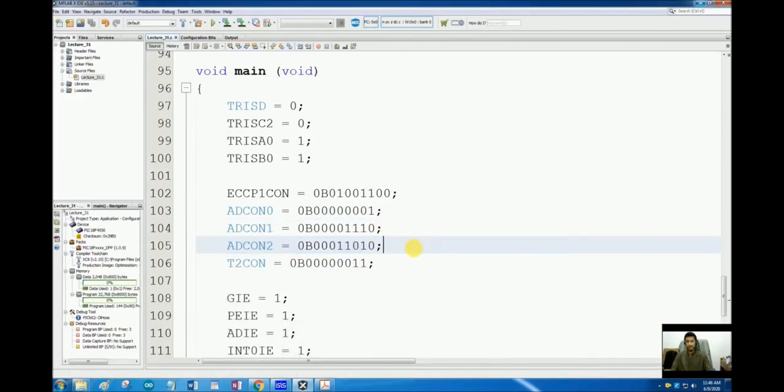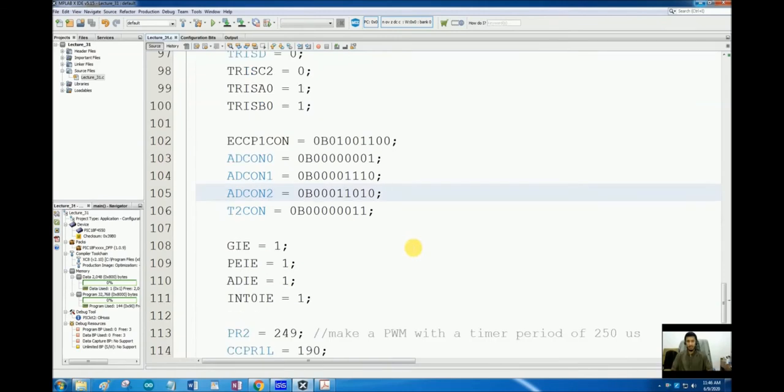The second thing I have done, just for today's demonstration of my previous lecture, is that I have used a prescaler of 16 in T2CON to increase the time period. Why have I increased the time period of the waveform? Because in this case, I am first going to generate a square wave, and then I am going to filter that square wave using a simple capacitor and see what kind of waveform we will get. And then we are going to generate an SPWM, and then we will filter that waveform and see what results we get. So the rest of the code is the same.